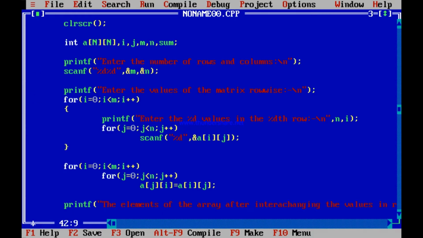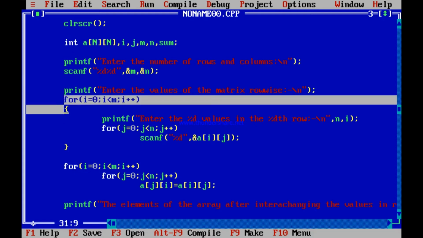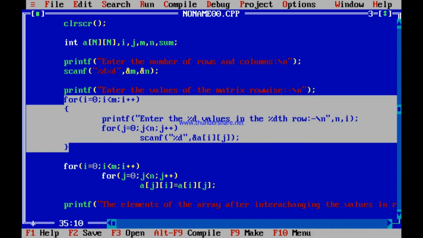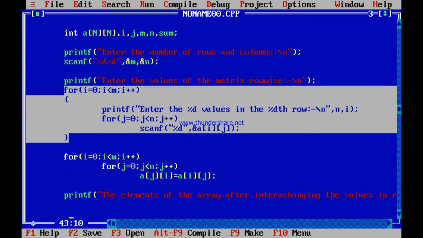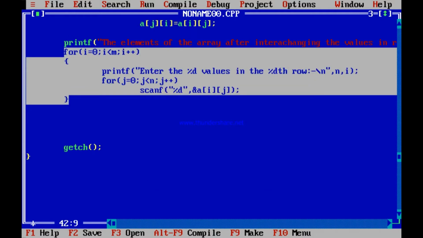How to print it? Again in the same way, that is like this. Instead of the scanf, just printf. So I will just copy paste this part and then change the scanf to printf. My job should be done. I am just printing the elements of the array, not ampersand. So it is done now. One thing that you need to do is, this is not needed. Enter the %d values, this is not needed.